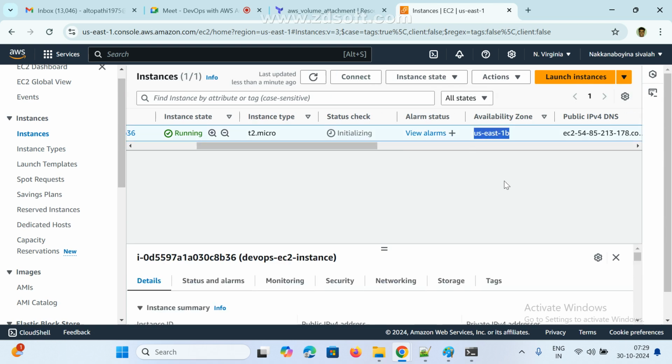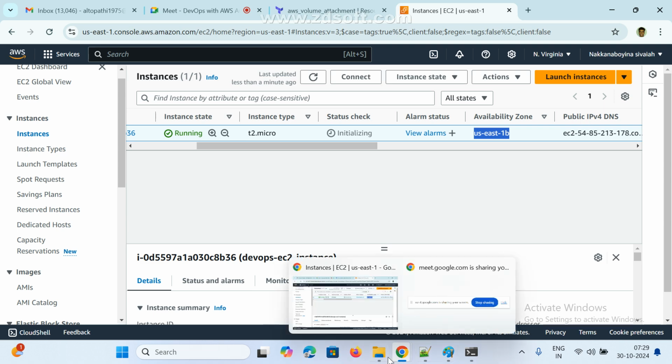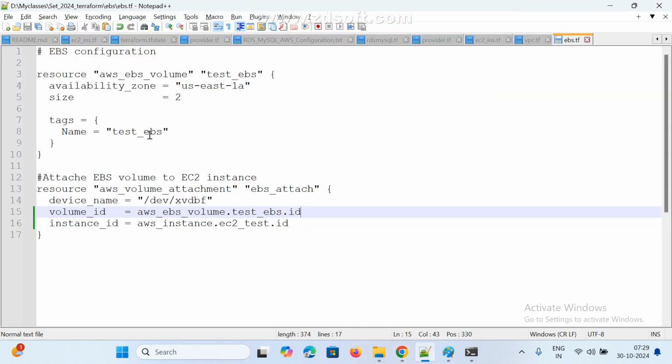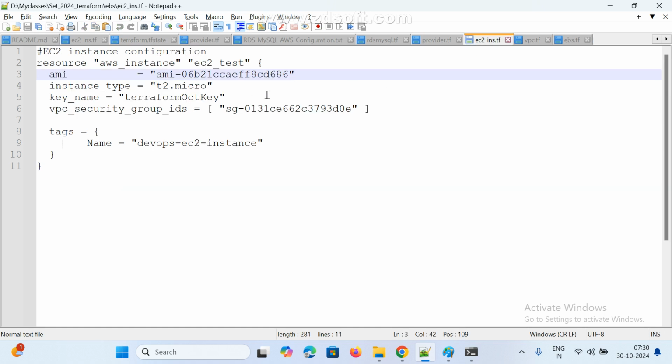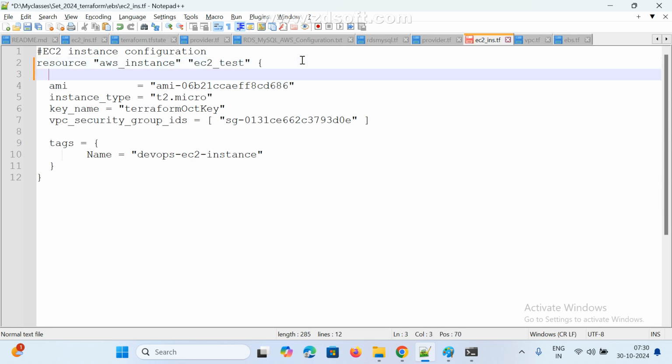Okay, so now we need to add here also, where we need to change. EBS is okay. Availability zone can be added here also. Add it here, above or below the AMI. Okay, I added it. Okay, first